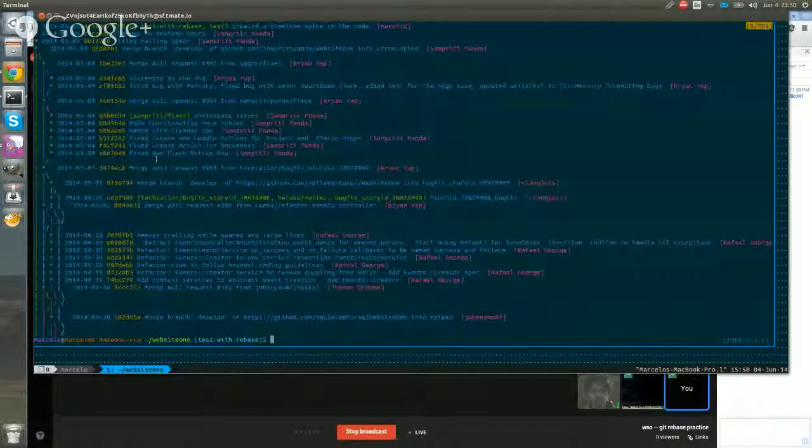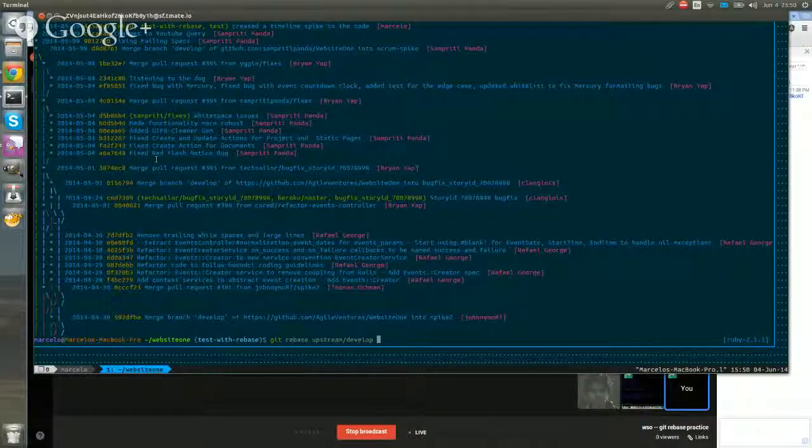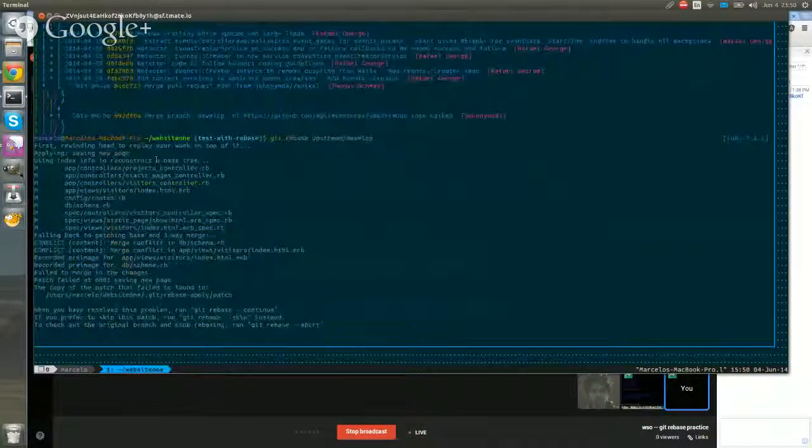So we have this common ancestor here, pull request 395, right? Yes. And then these are all the other stuff that we've done in this branch, right? So this is the four things that will happen. So let's see what happens when I rebase. Git rebase upstream develop. They're essentially the same thing. Commit, or no, just rebase. Continue.